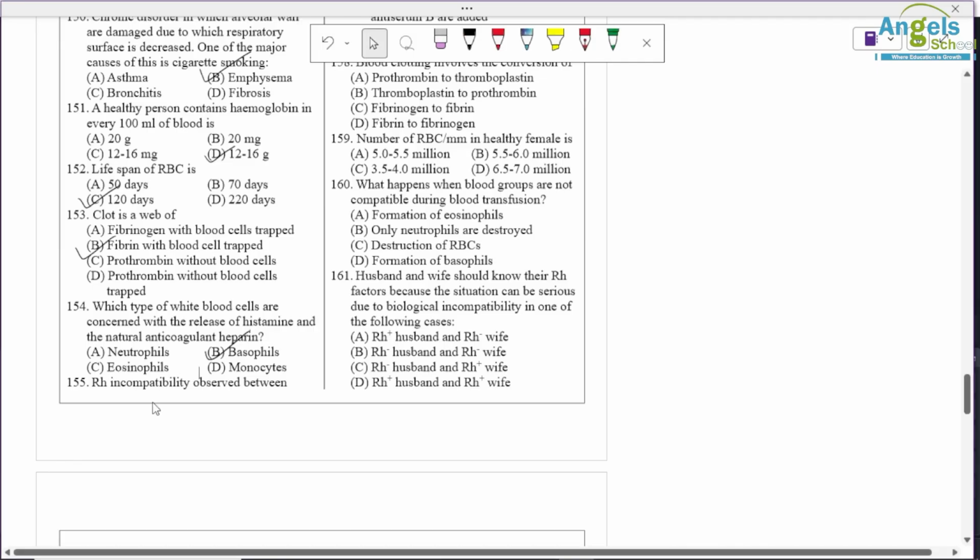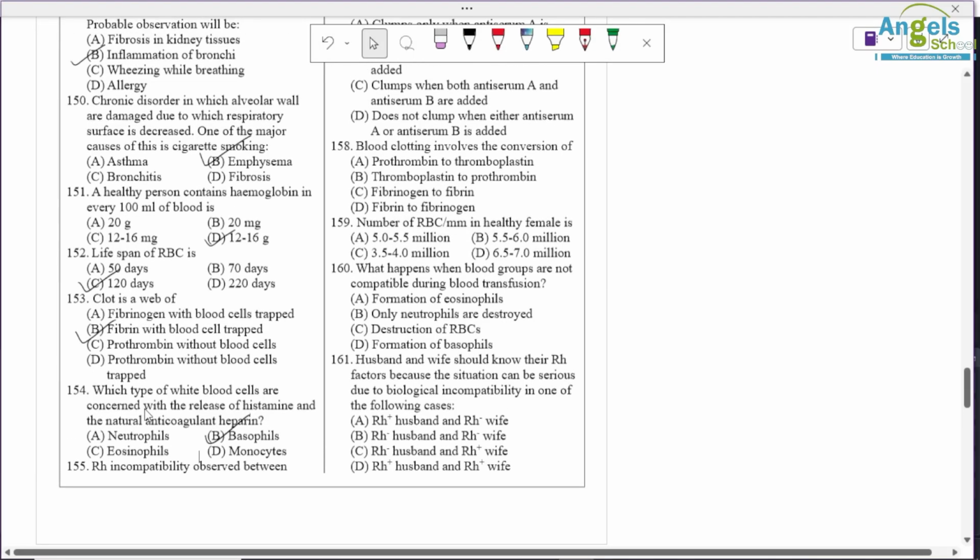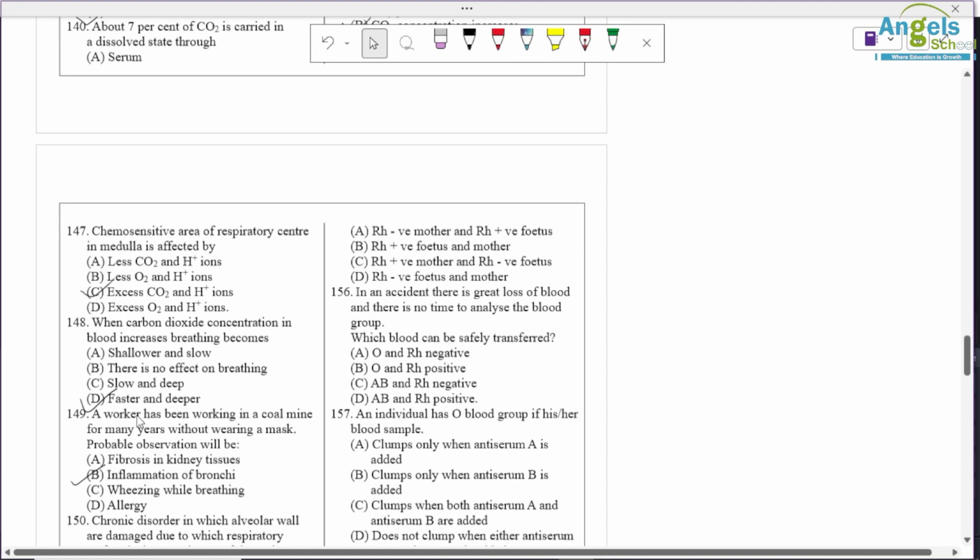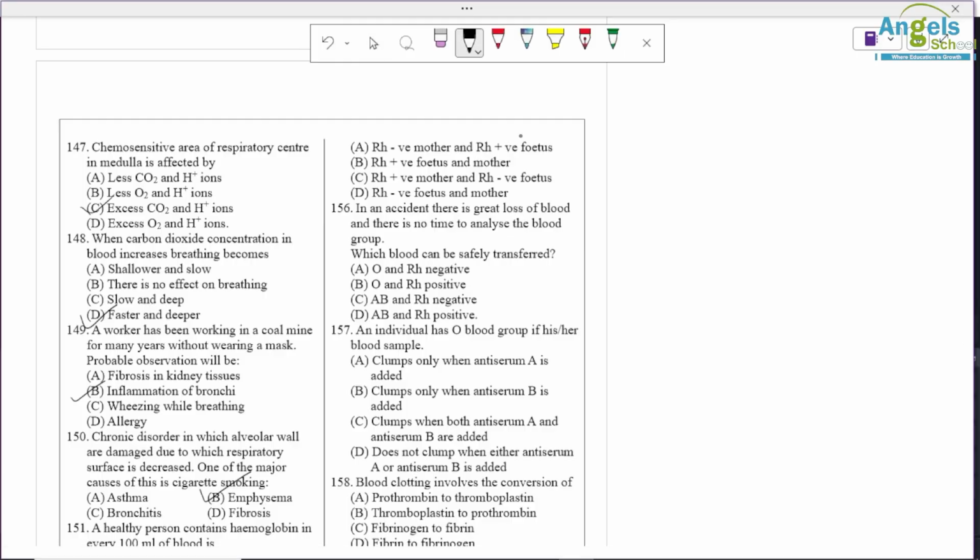Question number 155. Rh incompatibility is observed between? So if mother is Rh negative and father is Rh positive, or fetus is Rh positive, then only it happens. So option A is correct. Question number 156. In an accident, there is a great loss of blood and there is no time to analyze the blood group. Okay, so O Rh negative is universal donor, so we can